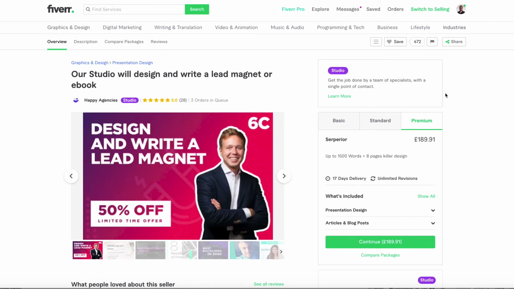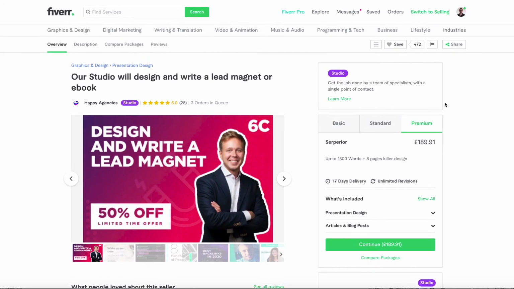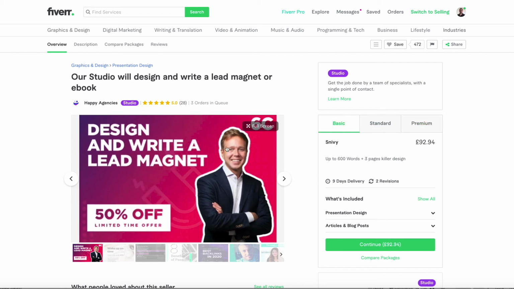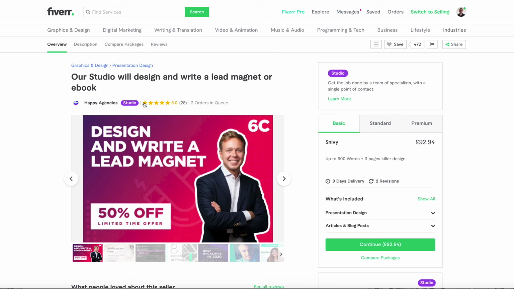The second option, you can pay somebody to create your ebook, such as on Fiverr. The issue with this is, remember, we're giving away quality here. We want to give away something that's going to give value to people. So if you're going to get somebody to create your ebook, you're going to be paying around $100. This guy here on Fiverr will design and write a lead magnet ebook, so it's actually for that purpose.